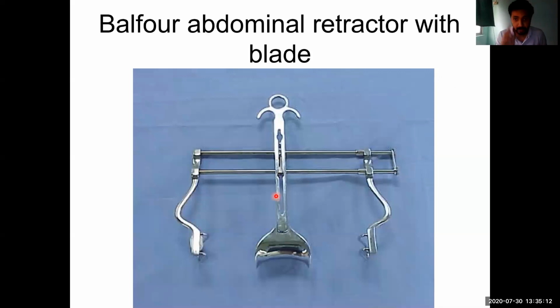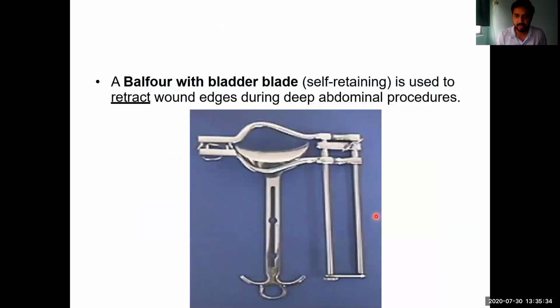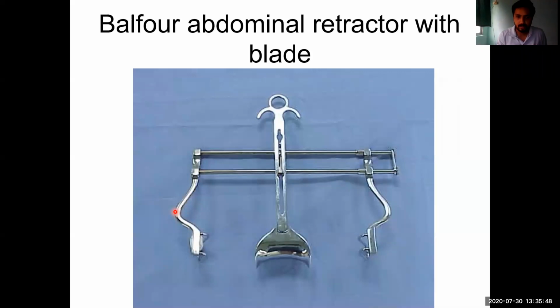After attachment, when we insert, after making an incision, opening the abdomen, mostly we use this in larger operations, midline operations, other kinds of incisions, bigger incisions. So when we insert, after opening the peritoneum, we insert this and start retracting. How do we retract? We insert it in a closed manner, then we start pushing and it will separate and retract. It has been retracted. Then you can insert the third one.